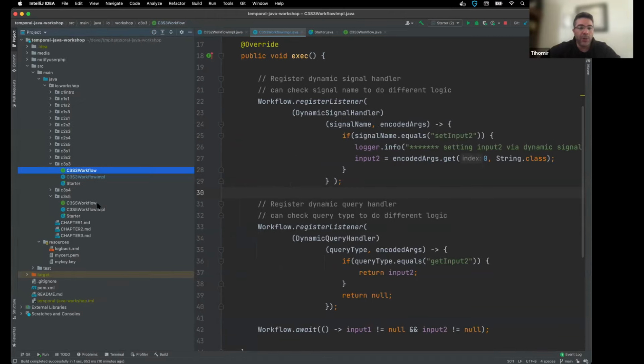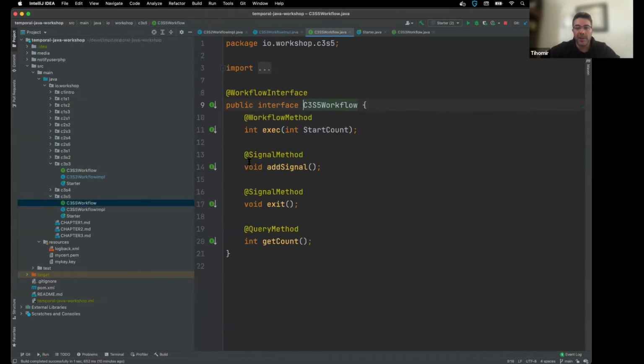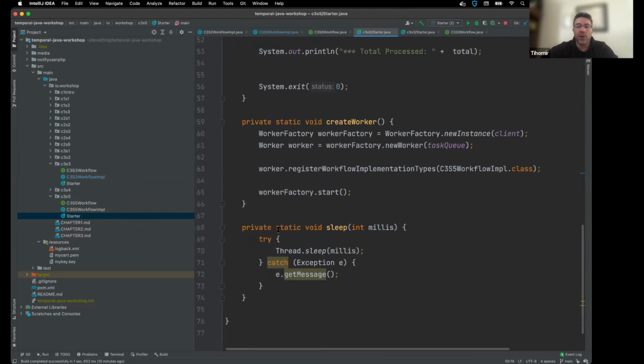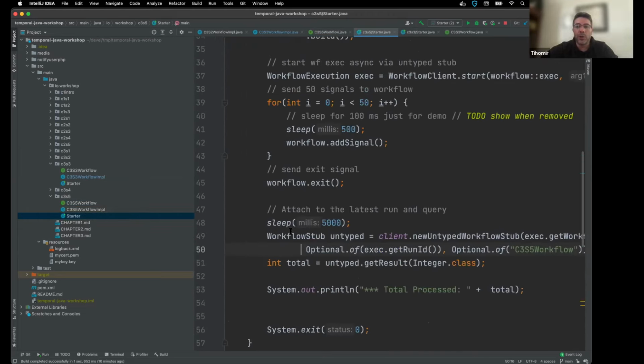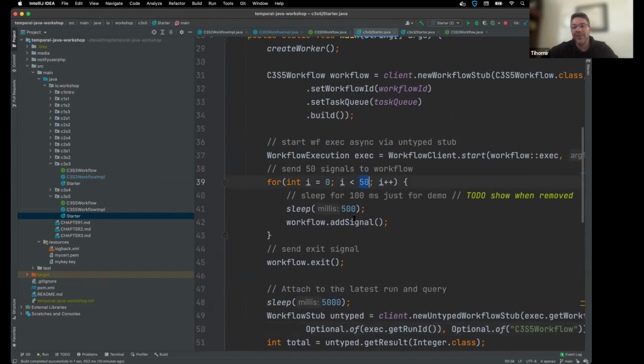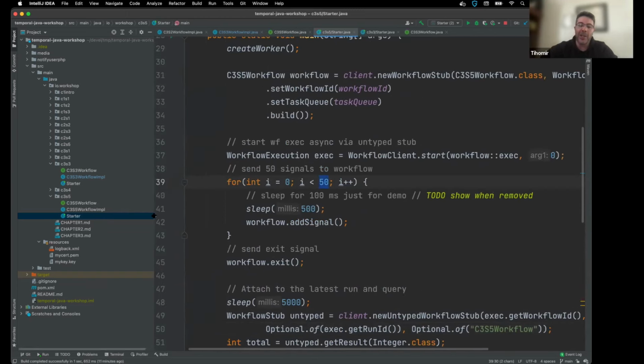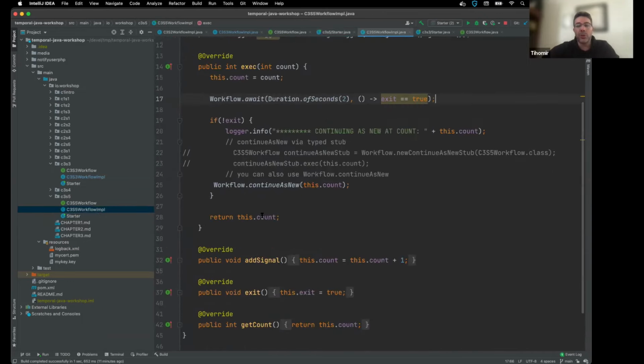We have a workflow here that has a signal method called add signal, and a signal method called exit. And what we're going to do in our starter is send 50 signals to it. In reality, it could be 5,000 signals, so we can try that as well. But our workflow,